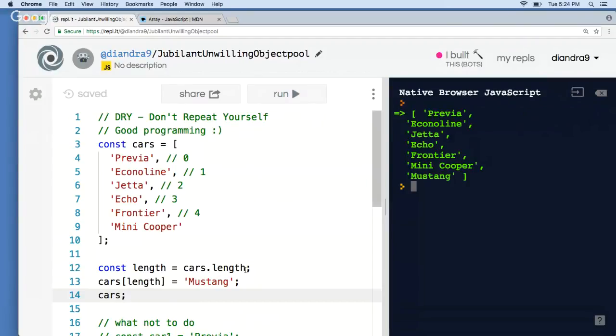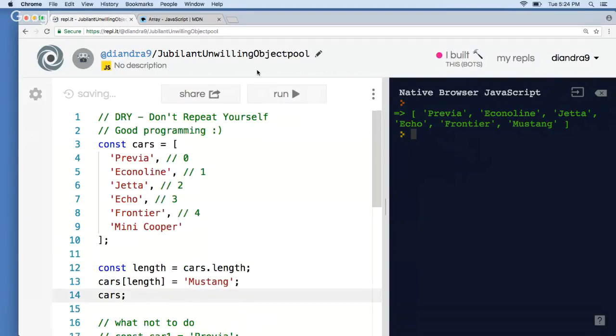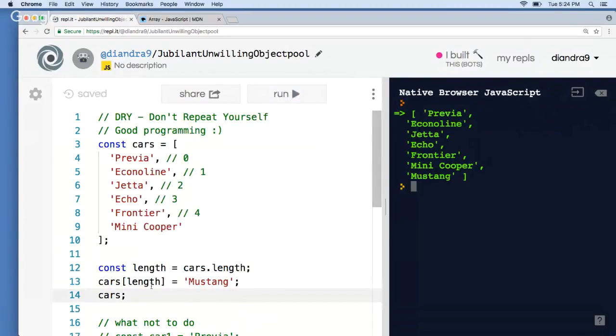So notice that this code is dynamic now. So if I had hard coded in 5, it would have replaced the Mini Cooper instead of actually putting in the next one. So we can use our length to actually figure out how many things are in here, but